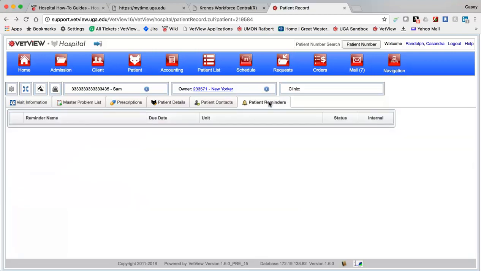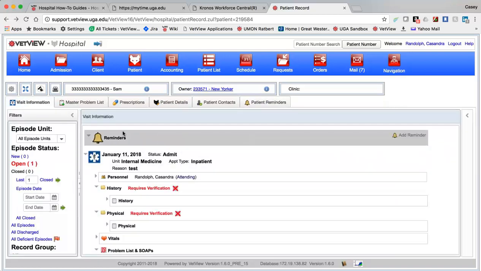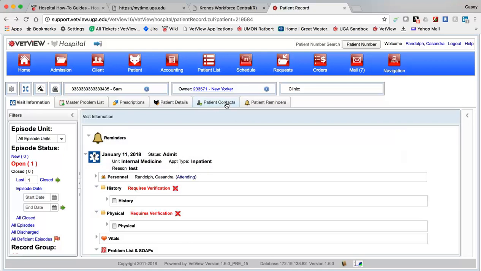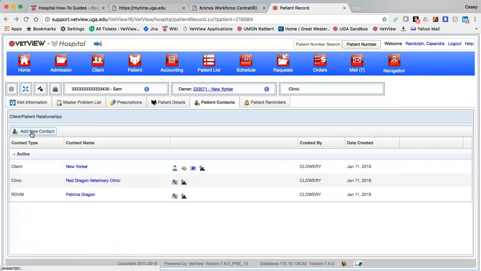And then last but not least, there's the patient reminder section. This is just going to list the current reminders. But the nice thing is on your visit, if there are active reminders, you're also going to see them here at the top of the screen. If there were alerts on this patient, you would also see them here. And if you need to add an alert, you can actually go to the patient contacts and do,